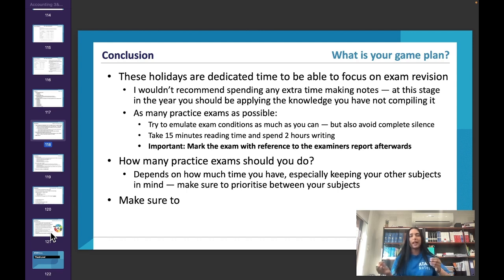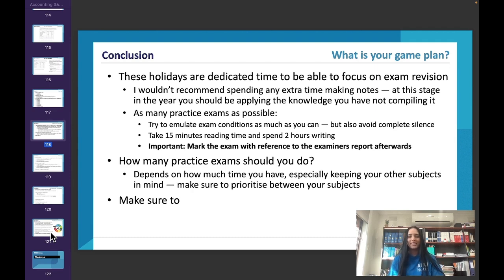And basically what that means is, if you do run out of time, the questions you did first are questions that you're better at. And so if you're better at a particular type of question, you have a higher likelihood, a higher probability of getting full marks for the question. So by doing questions that you're more likely to get full marks for first, you're more likely to get a higher score on the exam. So really think about it, do a few practice questions, and when you're marking them, think about, I was way better at doing this type of question than I was at doing this type of question. So when you go into the final exam, do the questions you're better at first.